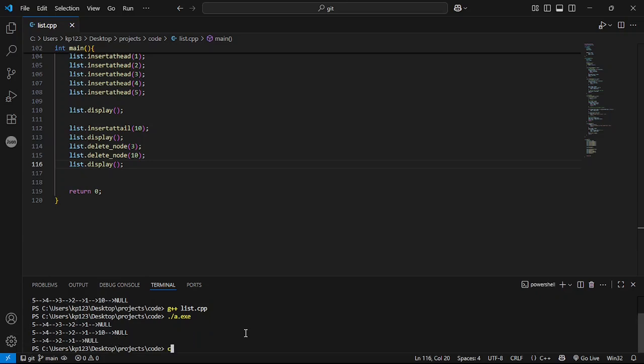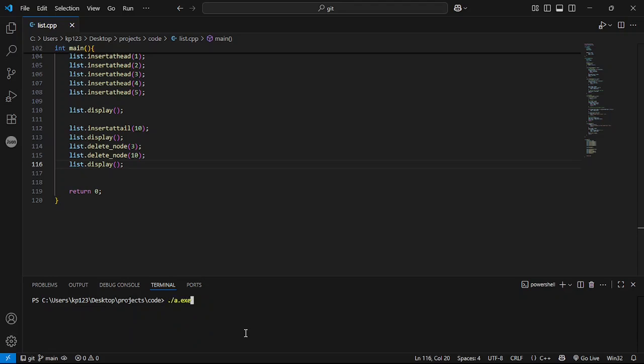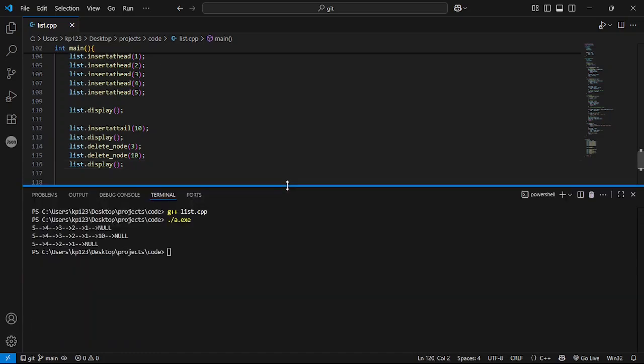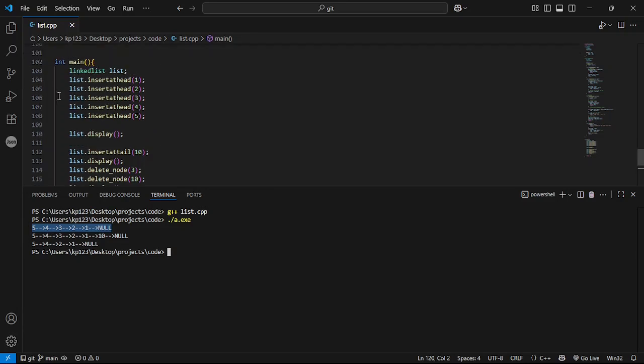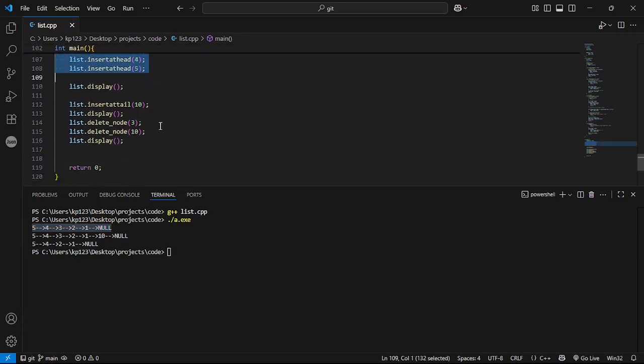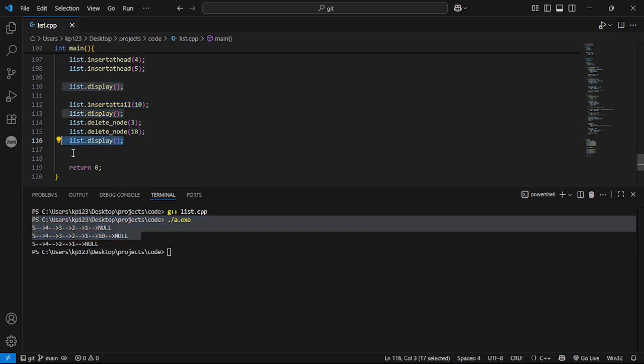So yes guys, I'll just make it more clear. As you can see in the terminal, in the first display function we were inserting a few values, and then for the second display function we inserted something at tail, and then for the third display function I deleted two values, 3 and 10, in the linked list.